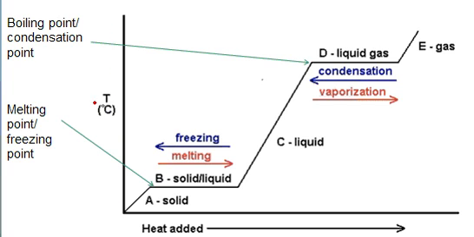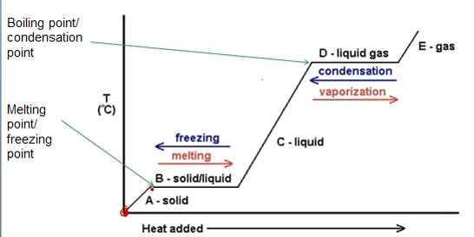As you go up, what's changing is temperature. So you start down here with a solid, and as you add heat, the temperature increases, and that's what this slanted line represents. The substance is in a solid, but the temperature is increasing. When it reaches a certain point, and that's the point that we call the melting point, then the substance